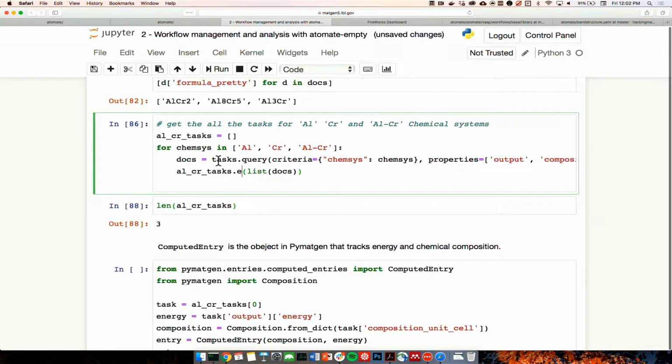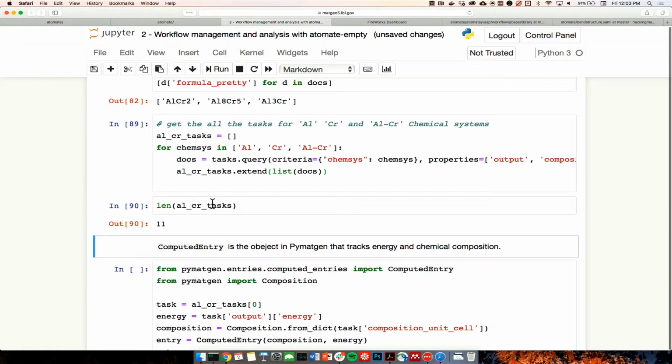So basically here, task query returns a list. So every time you want to add a list to another list, you need to use extend. All right, and if we do that and you look at the length of our tasks, we now have 11 tasks in the database,